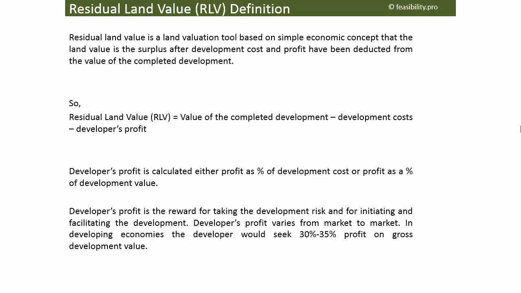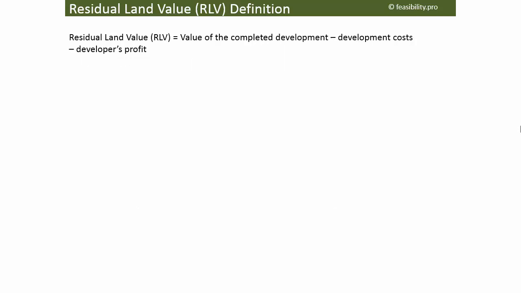In mature markets, we can see developers' profit as low as 10% or even lower. However, in emerging economies, developing economies like India, the Middle East, or even China, we can see developers would seek as high as 35% development profit on gross development value. So we have already seen that the value of land is basically the value of completed development